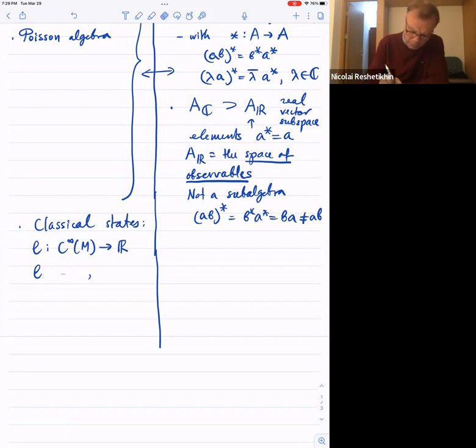They are given in the classical setting by L(f), an integral over M of the density of the state, where this is a density,